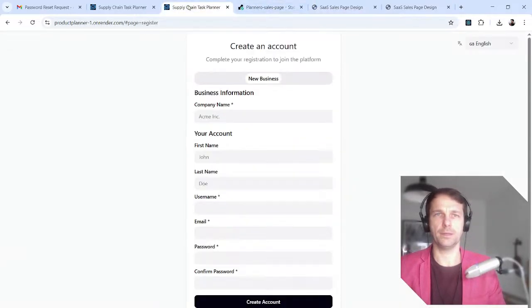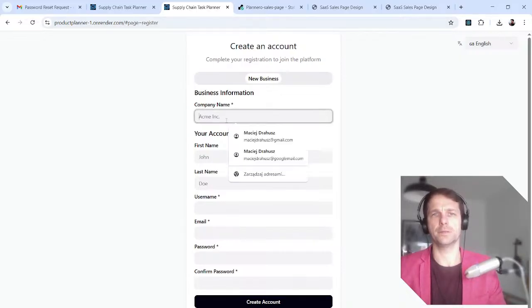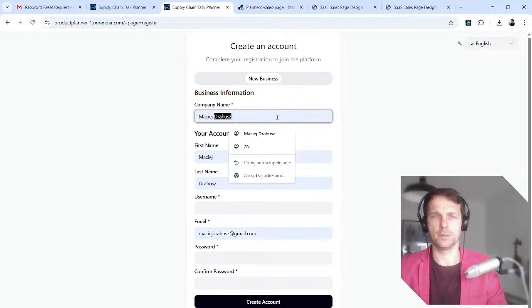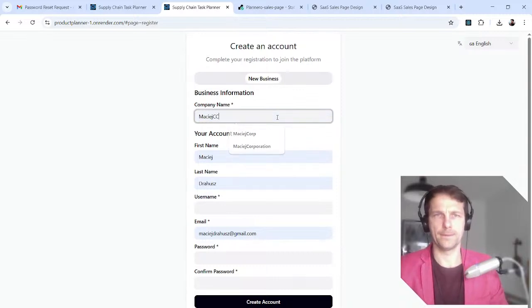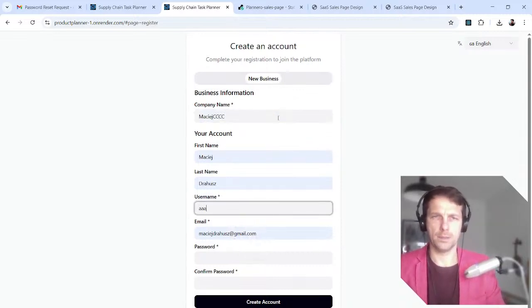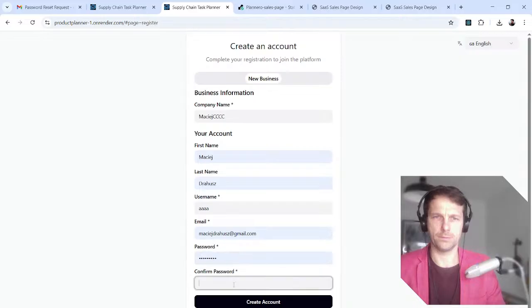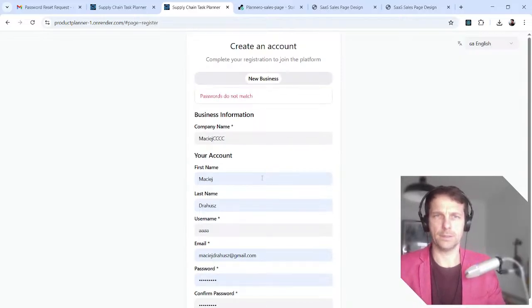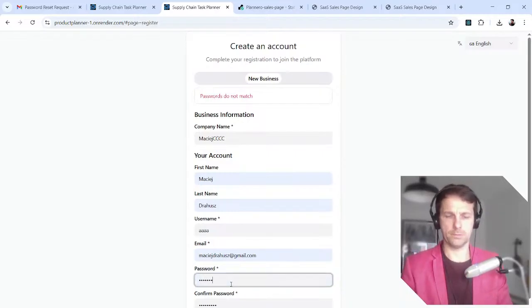okay, but here, if you register, password one, create an account, password must match, password one.